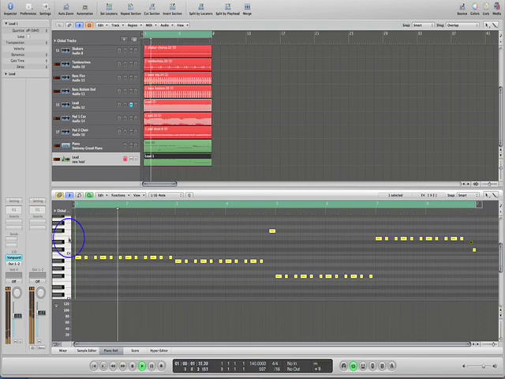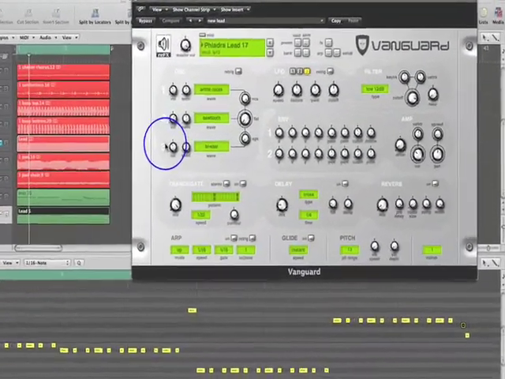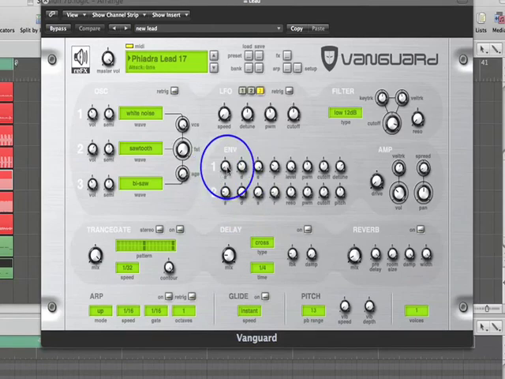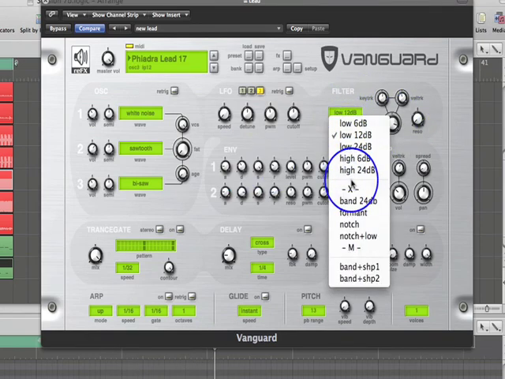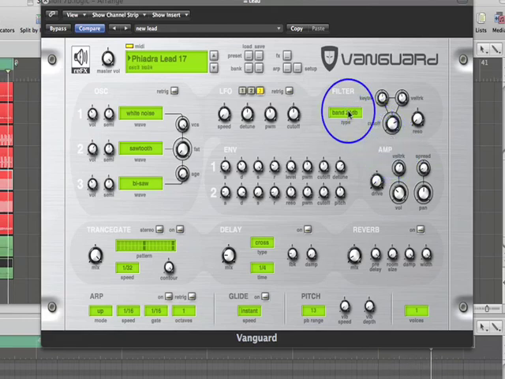We're already using Vanguard here, so we'll call it Vanguard and we'll edit this first. Let's drop this decay down a little. We'll try low 24.